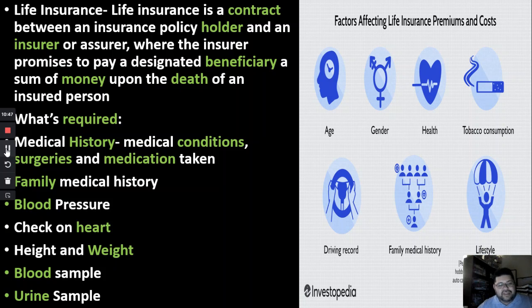So the first thing they want to know is your medical history. What medical conditions do you have? Do you have asthma? Are you partially blind in one eye? Can you not hear? They're looking at all that stuff. What kind of surgery have you had? Have you torn your arm or leg up? Things like that. What kind of medications are you taking? Are you on antipsychotics? Are you on antidepressants? They want to know all that stuff. Do you take migraine medication? The next thing they're going to look at is your family medical history. Is there diabetes in your family, cancer, things like that? They're going to want to know that stuff.